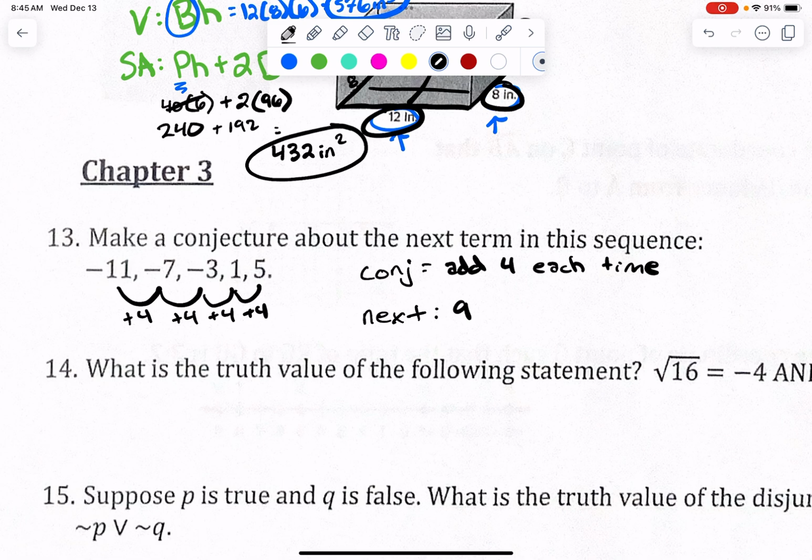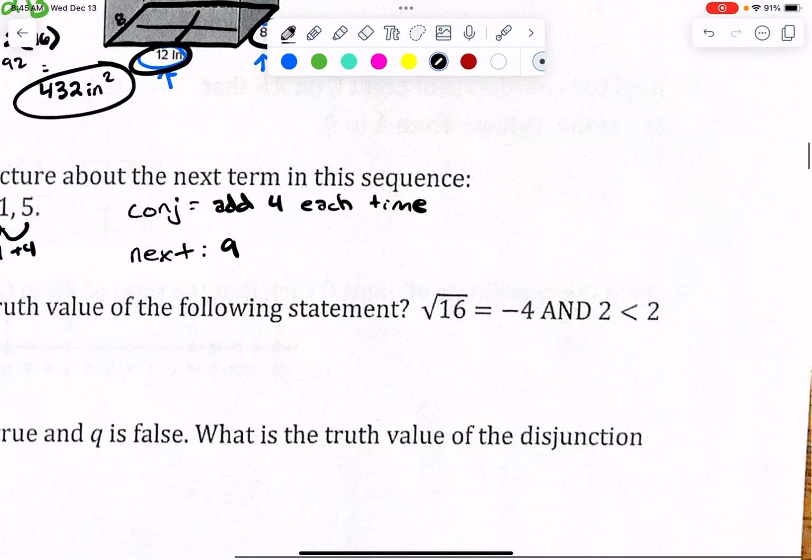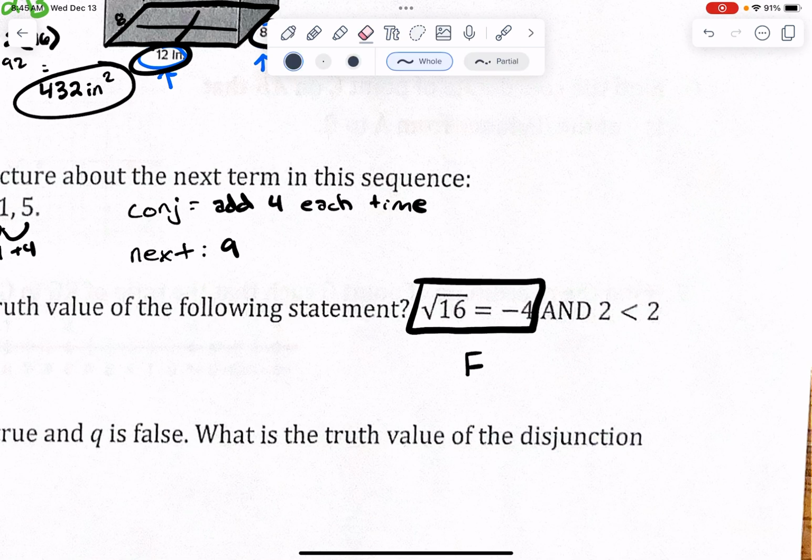14 is saying, what is the truth value? So is it true or false if this and this is true? So I'm going to look at them individually, okay? This guy, is it true that the square root of 16 is negative 4? Technically, no. If the square root is already there and we didn't put the square root, that is technically false because it should be a positive 4. On the test, I'll make sure it's clear cut, like there's no question that it's true or false. This one might be kind of tricky, but I'm going to say false because the square root is already there. And usually when the square root's already there, we just assume that it is a positive 4. Okay, so false